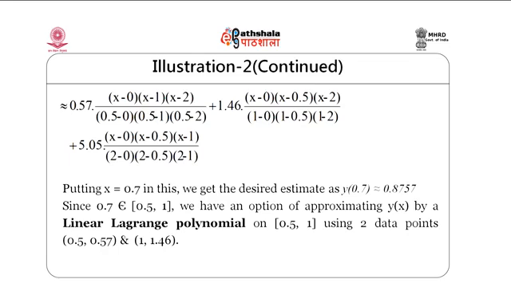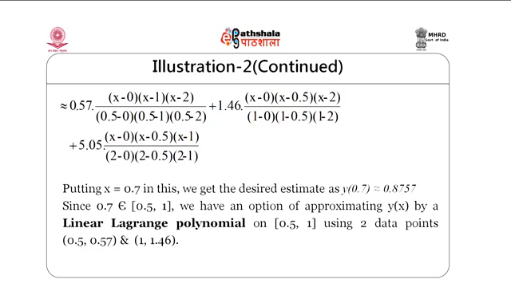See, y1 is 0.5. So, y1 will not appear in the numerator there. So, y1 is 0.5, and the factor x minus 0.5 is not appearing in the numerator here. And now we will get 0.5 minus 0 into 0.5 minus 1 into 0.5 minus 2, and similarly the other two terms